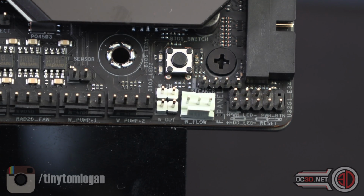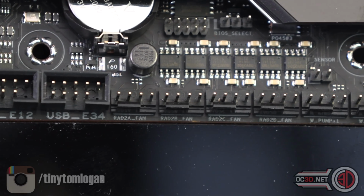Those 2 water pump headers there, they are actually 3 amp 36 watt headers, so that you can run water pumps powered directly from them if you want. They're also a really good place that if you want to plug in a fan, that you just want it and you're overclocking straight away, full speed, plug it into that because they run at full speed unless you change them. So that's a really good thing to know. It's also a really good place that you can nail in a very high amperage draw fan should you want to as well. But then when we move that across, you can see that there are another 4 fan headers going on there,